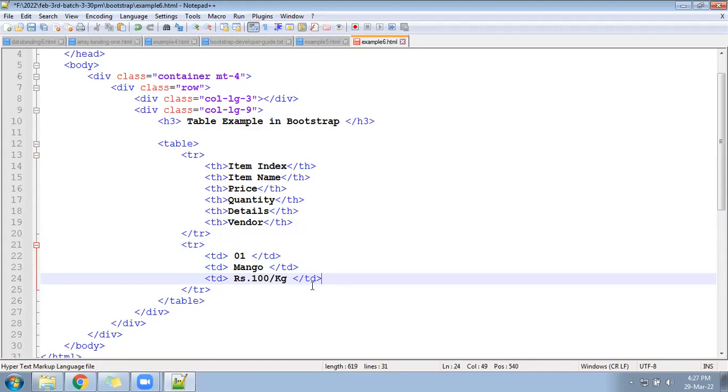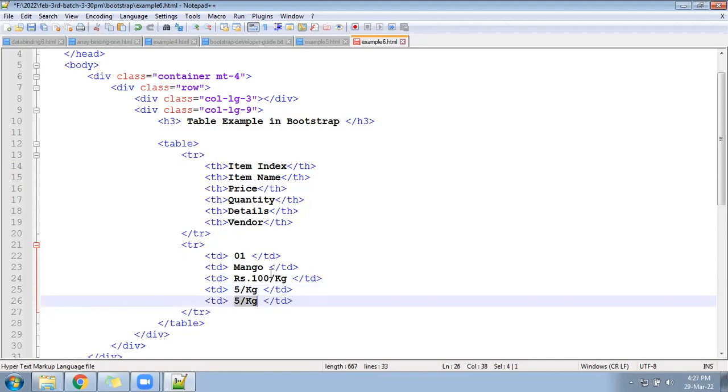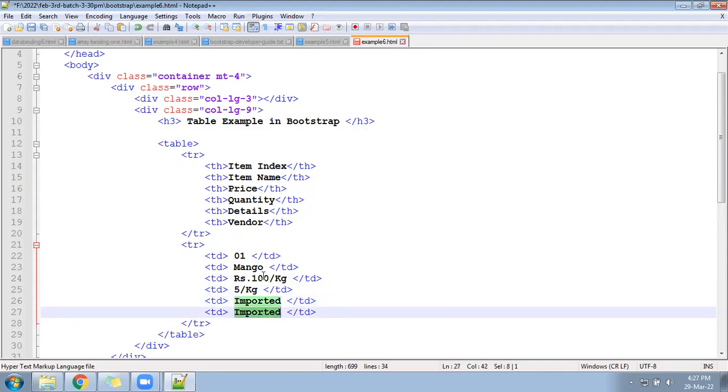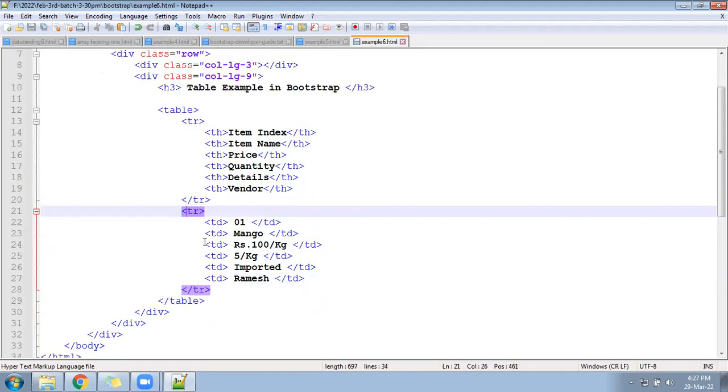Next it is quantity, 5 kg. Next it is details, imported. Next it is vendor, Ramesh. Add one more item.